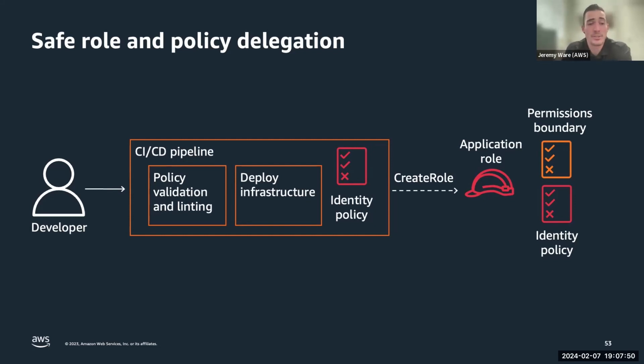And then we're going to deploy to infrastructure, including an identity policy, and that would be used for some backend service. That create role becomes the application role, and we're going to ensure that anything they create also has to have the permission boundary attached to it. So as they create the identity policy, as long as they've set it to include the permission boundary, they are good to go. This architectural pattern right here that we just discussed of developers accessing via CI/CD and using permission boundaries to scope down their application roles is AWS best practice today.